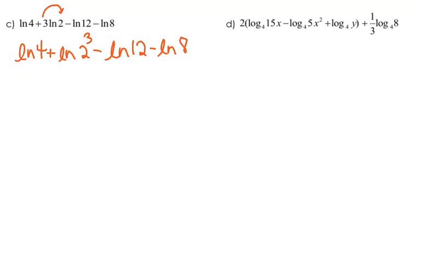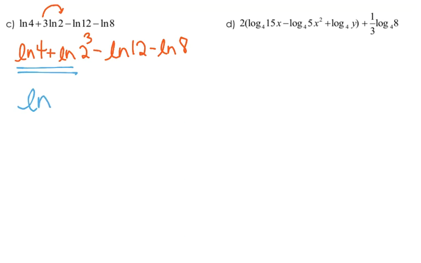A couple different ways we can look at this. Whenever something is subtracted, that stuff's going to be in the denominator. So I'm going to end up with a 12 and an 8 in the denominator. Another way you could look at this is to take and just put these first two together. So I've got the natural log. Since it's an addition, I'm going